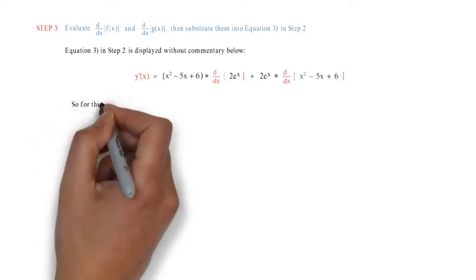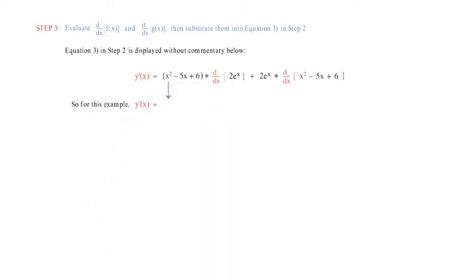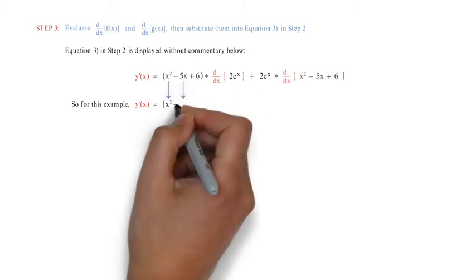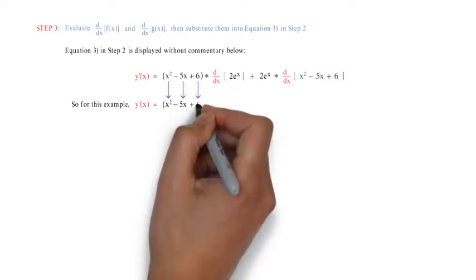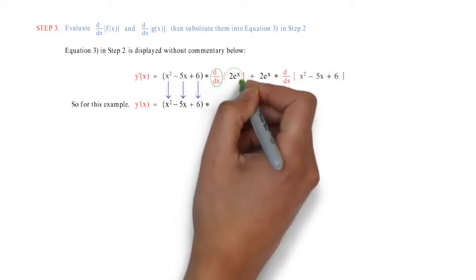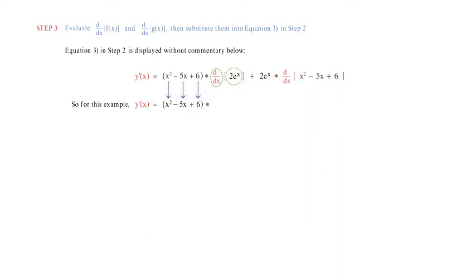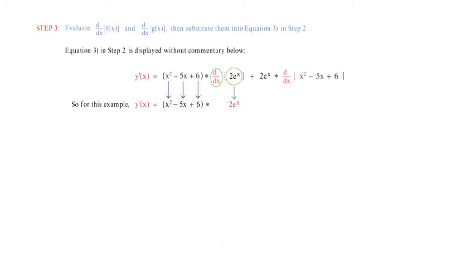So for this example, y'(x) equals x squared minus 5x plus 6 times d/dx of 2e to the x, which is 2e to the x, plus